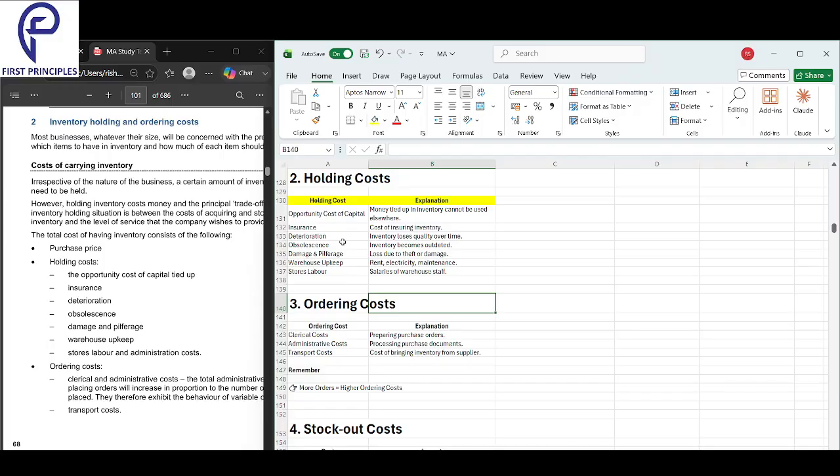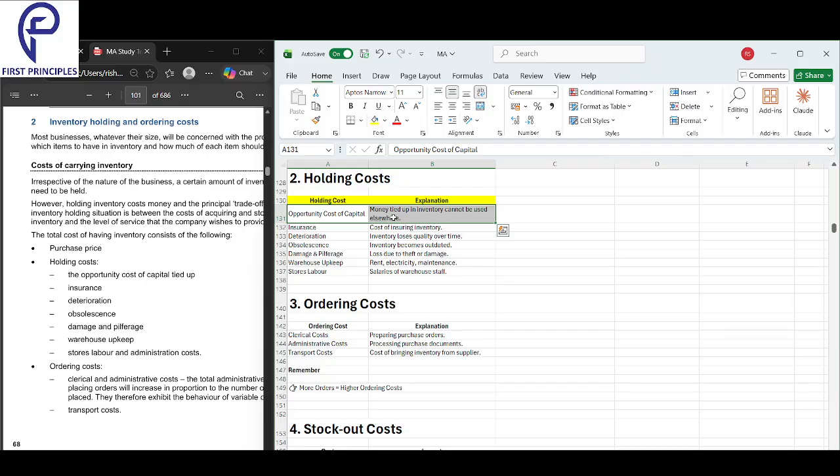Next, we'll look into holding cost. What about holding cost? Specifically, when we drill down into holding cost, first is the money blocked in stock, which can't be used for other businesses or anything else. The holding cost is basically when you store everything, you have to pay money for that also. You need a storehouse, a warehouse, a storeroom, temperature control, and someone to keep a check on it. So it takes money.